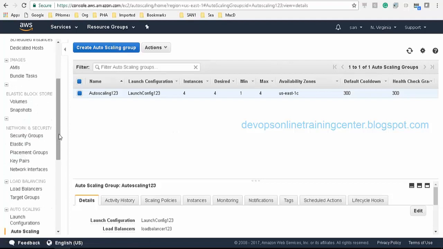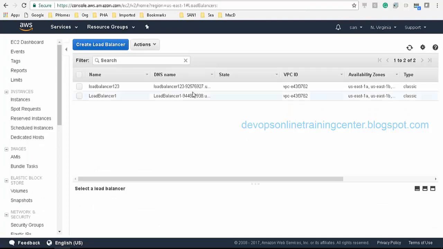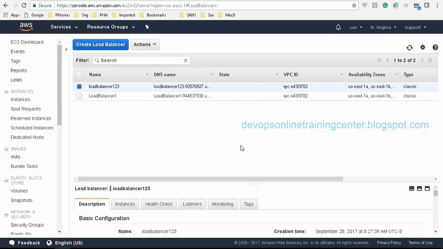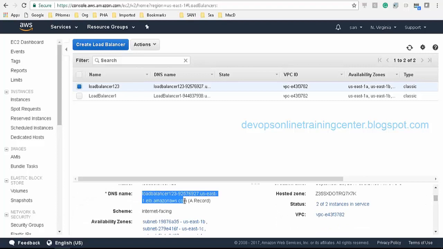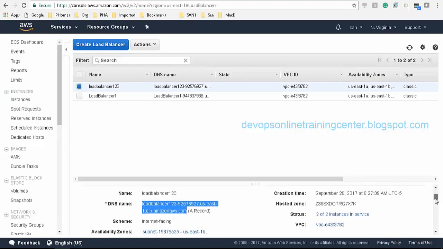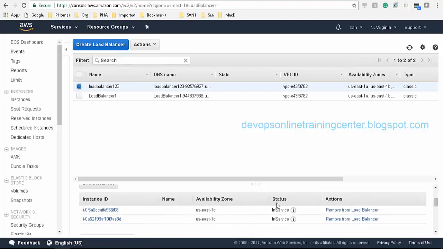So let me go to the load balancer and see if I can hit it. This is the DNS name which we can use to hit the load balancer. There are two instances which are running, and the out of service has turned to in service because it has received the response from the port it is running on, the protocol HTTP.